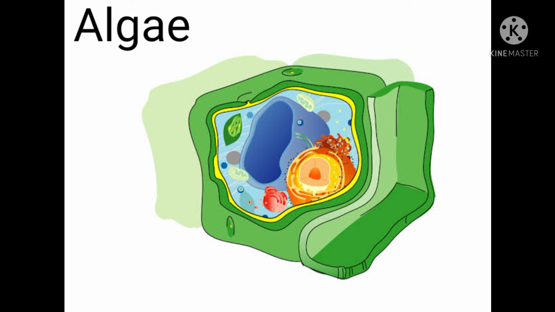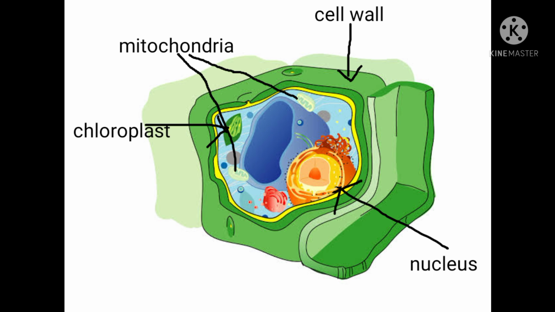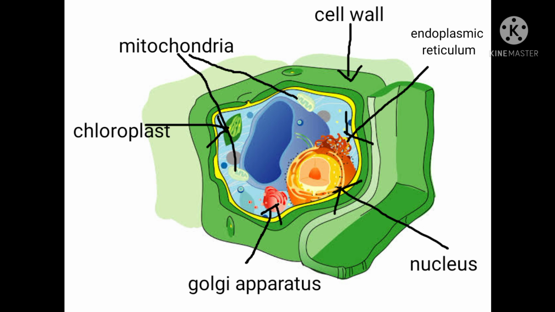Next is the structure of algae. So algae have a cell wall, and this cell wall is composed of cellulose and other substances that give the algae form. And inside the cell walls of eukaryotic algae are three main types of organelles: the nucleus, the chloroplast, and the mitochondria. There are several other organelles present in eukaryotic algal cells, including the endoplasmic reticulum, Golgi apparatus, lysosome,